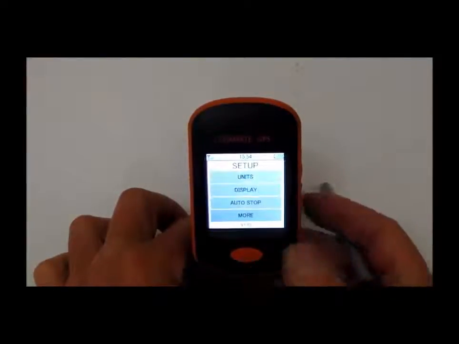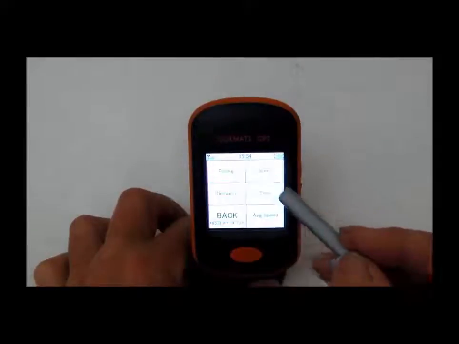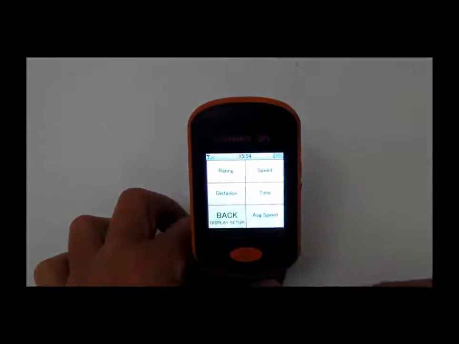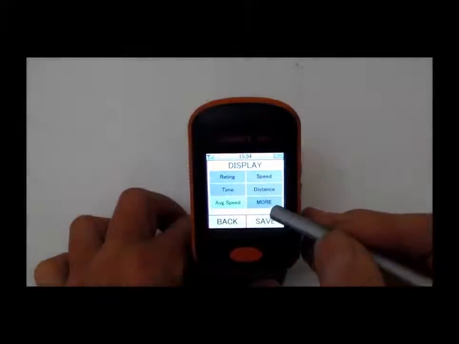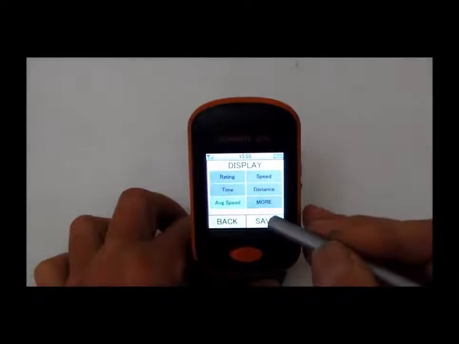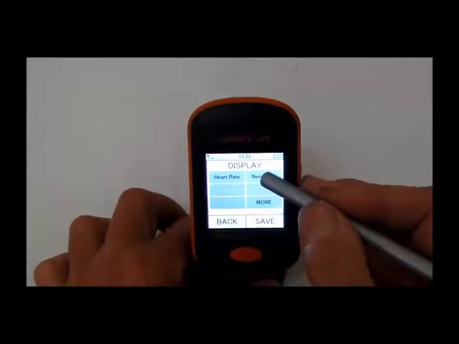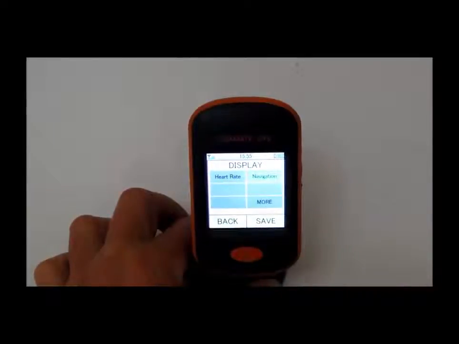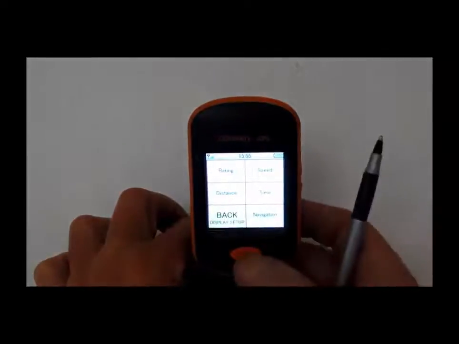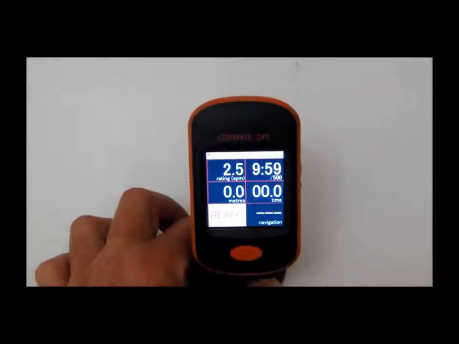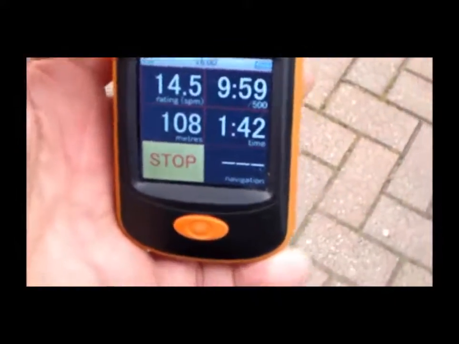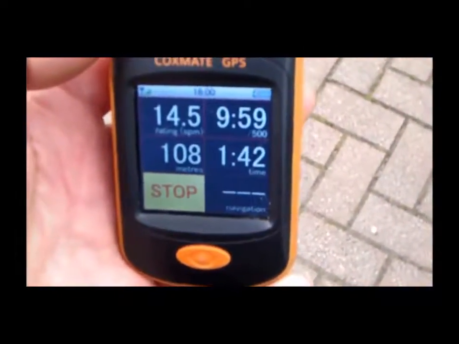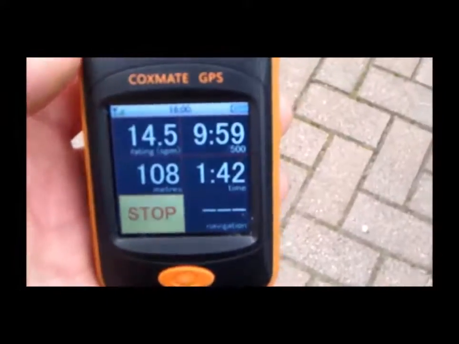So we press the orange button and select display. This shows us the screen, and we select which segment we want to put navigation function into. We scroll through the variables available until we find navigation, which we select and save. We press the orange button to get back to the 5 variable display and see navigation on the bottom right. We have now taken the GPS outside and given the unit some time to find some satellites. We will now start the timer,